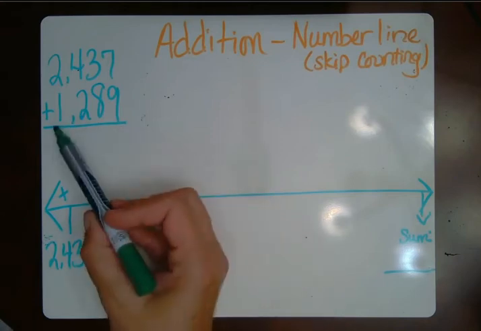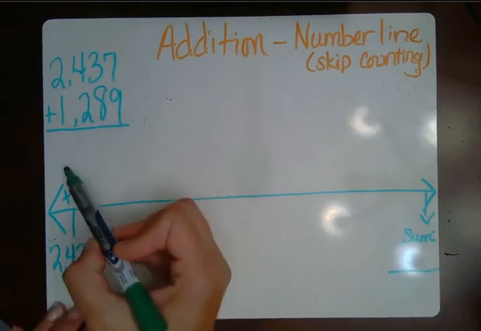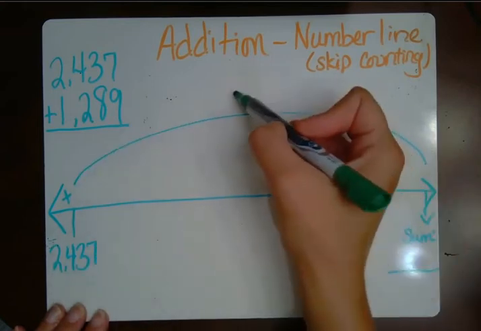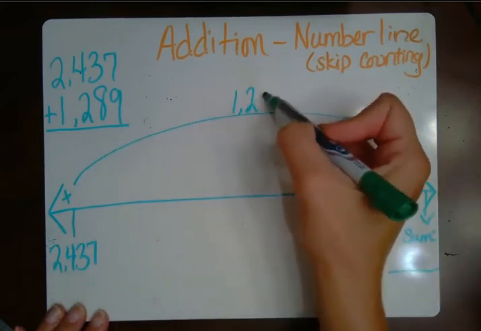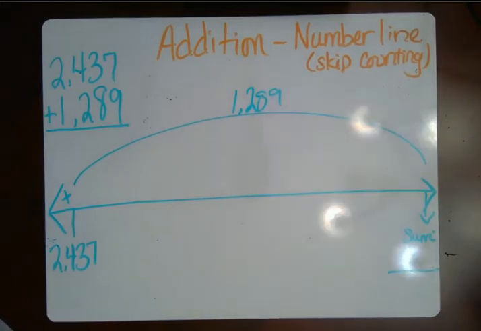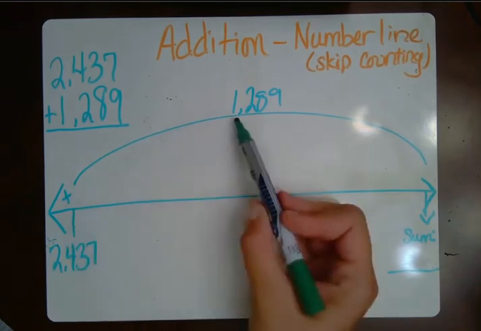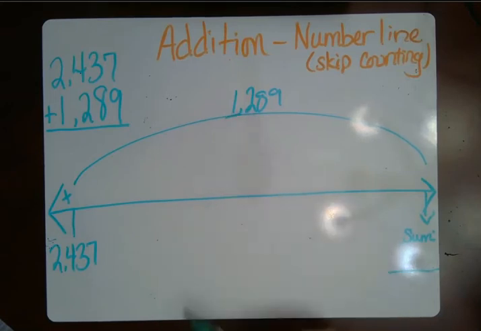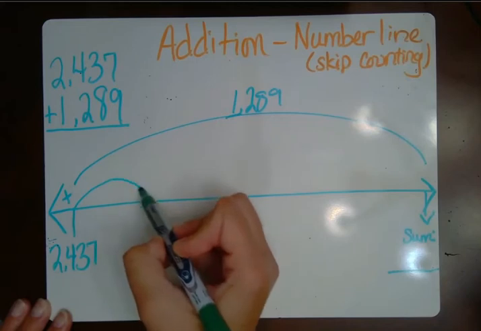Now looking at my total, when I make my jumps from here to here, I have to make a total of 1,289 as I'm counting. So what I like to do is take away as I'm going. For example, I know that I can make a quick jump or a big jump of 1,000 right away. If I add 1,000